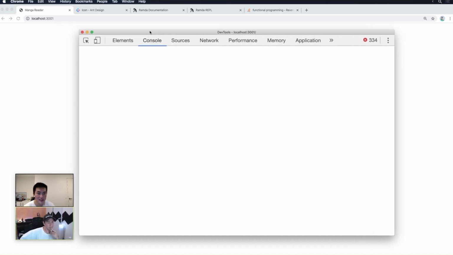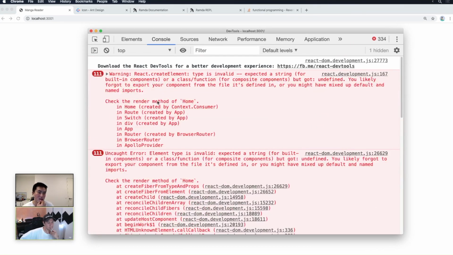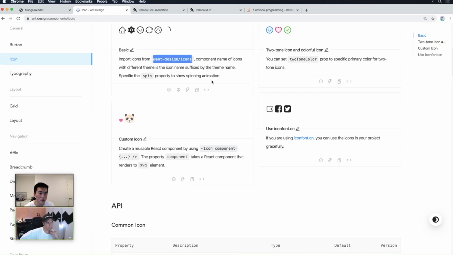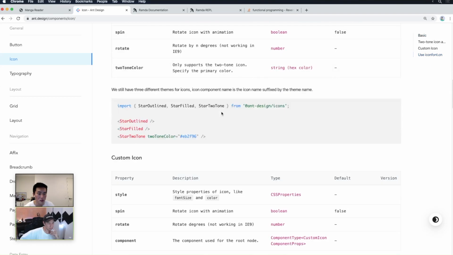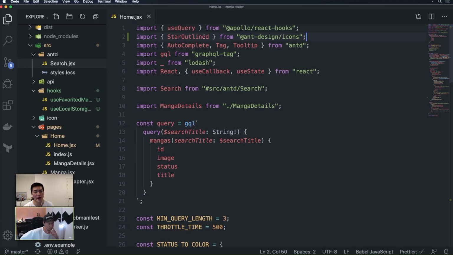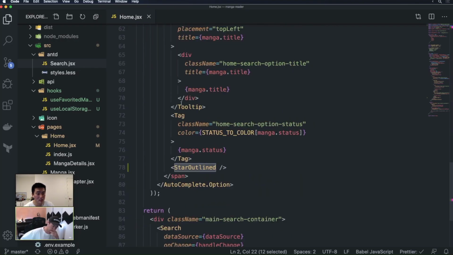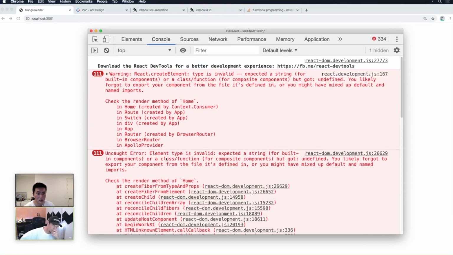Missing props maybe. No. Oh, okay, no. Huh? It's the element you're importing is nothing. From icons. No way. Star outline. Ant design icons. Star outlined. Yeah, that writing looks correct. Star outlined here. So,